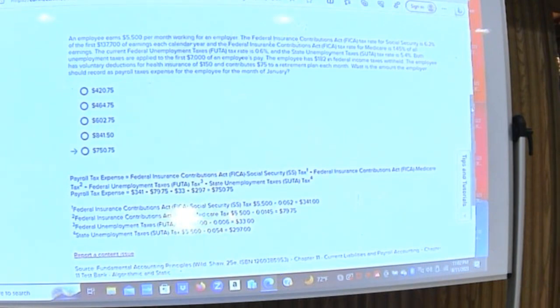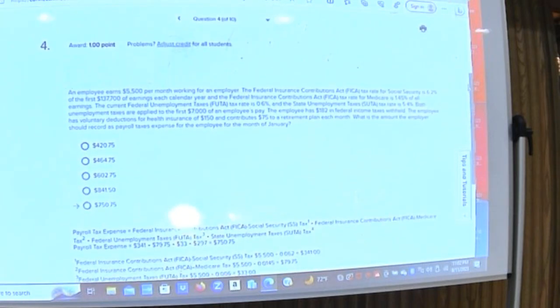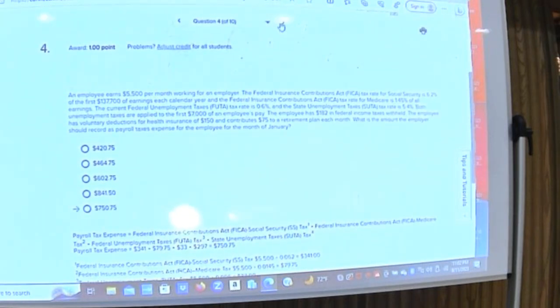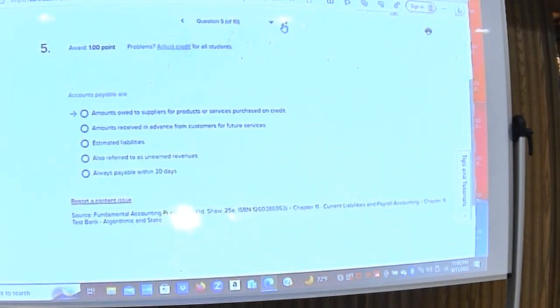Next question switches over to a question on liabilities. Okay, it talks about accounts payable. These are monthly obligations we're buying from a supplier. So an account payable, we bought something, we didn't pay for it, we charged it, and accounts payable shows up on your balance sheet. That's what we owe to suppliers for products or services purchased on credit.